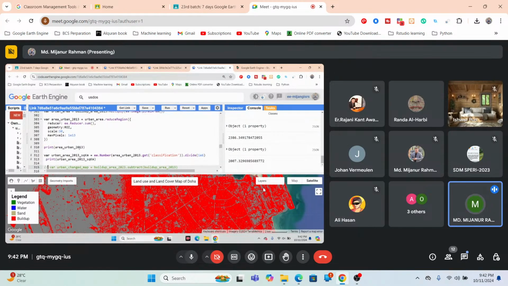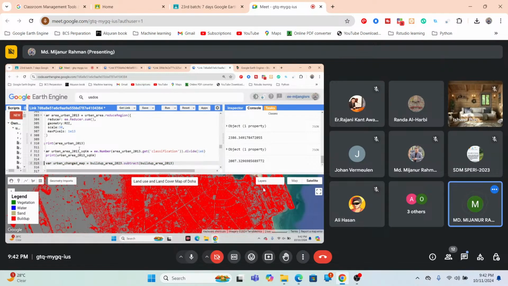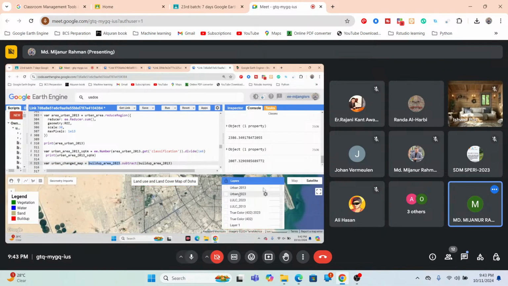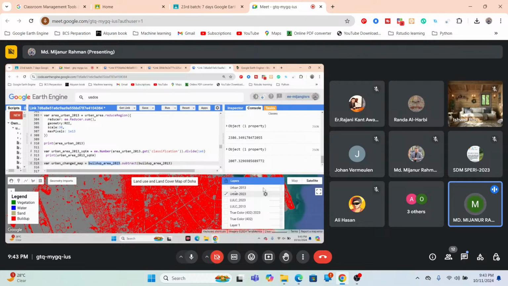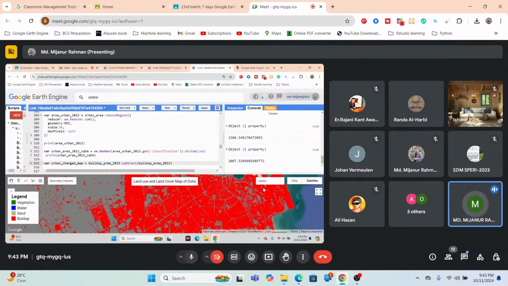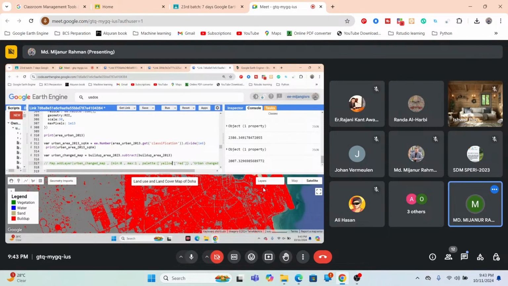So for doing these things, we make the urban change map. We take a variable, urban changed map, and call this built-up area 2013. Basically, I call this map built-up area 2013, and also call the urban map 2023 and the urban map 2013. We simply put the variable names because this variable stored the urban map 2023 and this variable stored the urban map in 2013. So simply subtract, use the subtract function. Okay, so now if I run the code,